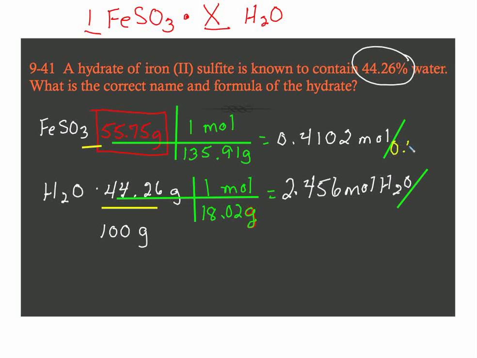And you need to go back and look at your algebra. 0.4102, because of course that should be 1. And 0.4102 gives me 6 for water. A 6. So my formula is